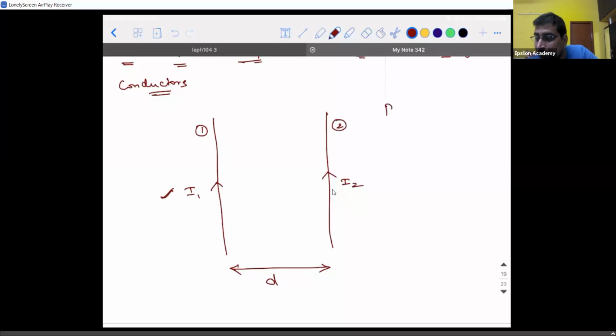So the magnetic field produced due to the first wire near the second wire is how much? Mu naught. So these are all infinite length wires, guys. They don't have finite length. So mu naught I1 divided by 2 pi into d. Guys, accepted? Due to an infinite length wire, there is going to be a magnetic field at location number 2. And if I put a vector symbol on top of it, I want you guys to find out the direction and tell me fast.